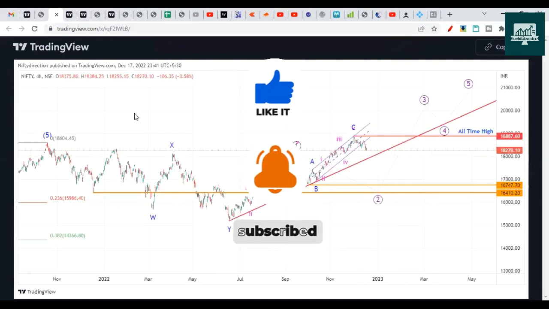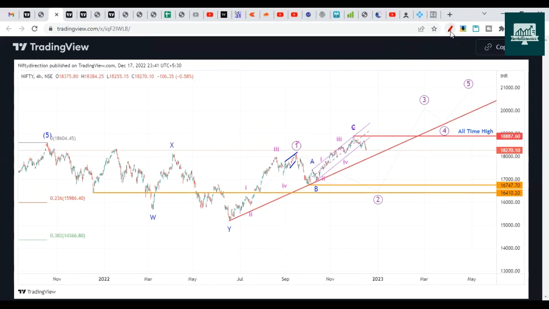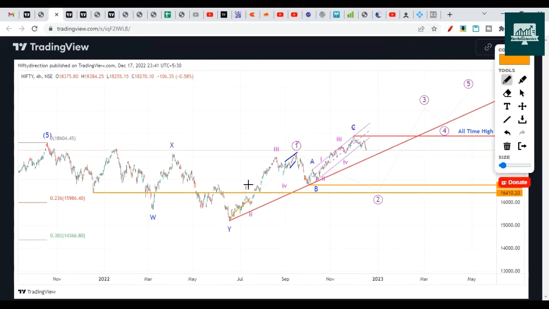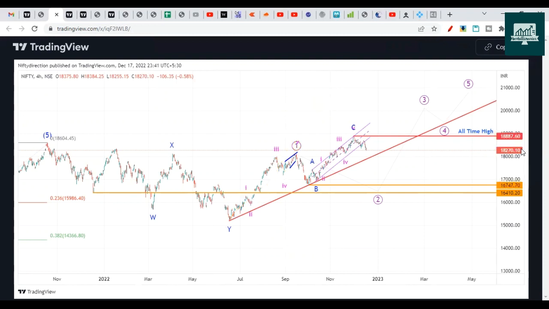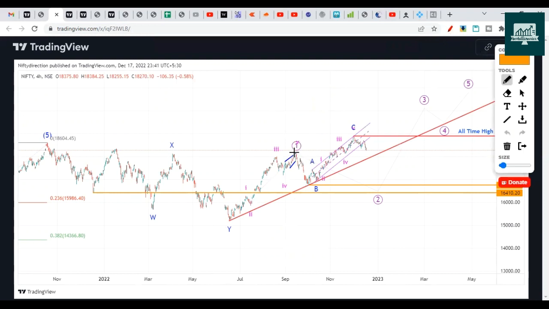Here we can say that this wave is a leading diagonal pattern, wave 1 with a 3 wave structure. This is 2, 3, 4 and the fifth finished here, at 18,096. So remember this number. This is an important support as well. Then we had this wave down, and not a sharp rally; it's a corrective rally, a bear market rally you can call it. And we completed the ABC sequence here, a 3 wave structure.